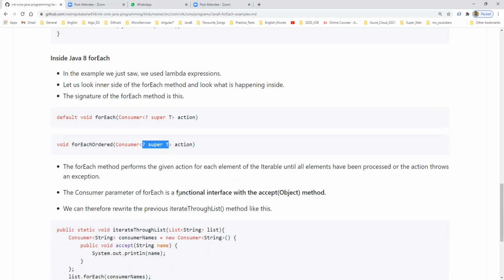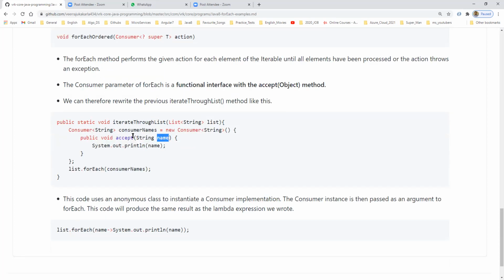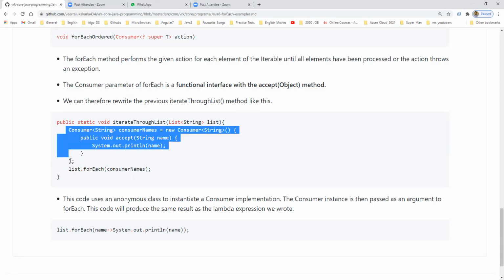It accepts the type of data when we are passing data to the consumer interface. After this we can pass list.forEach(consumerNames), which means the data. So internally it will check like this.